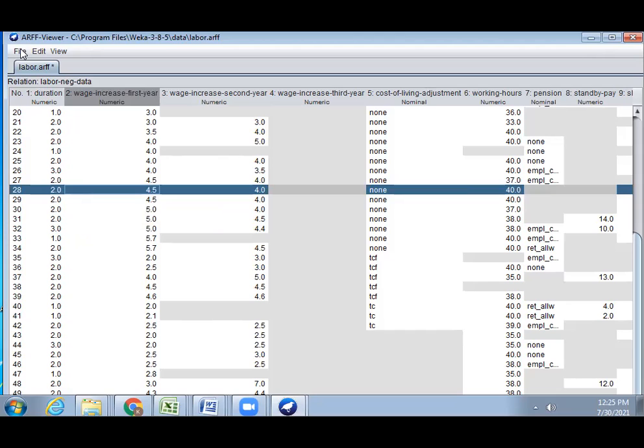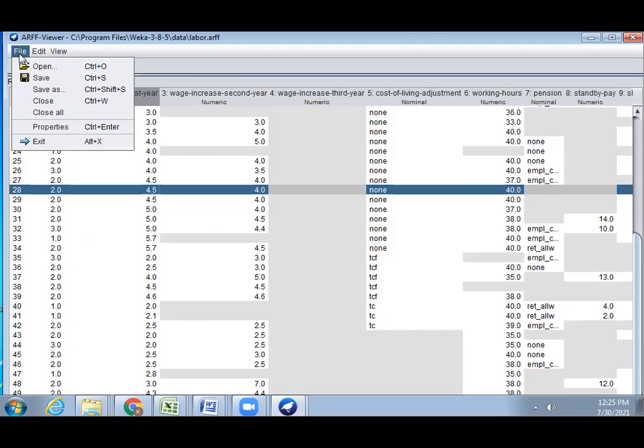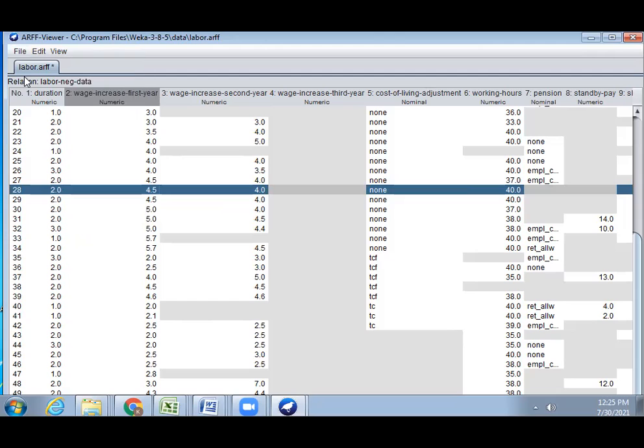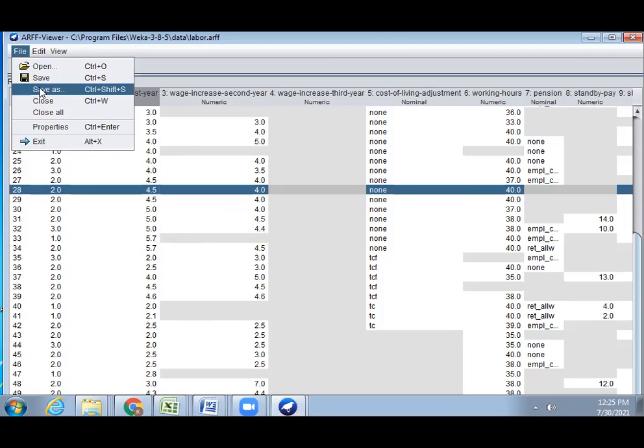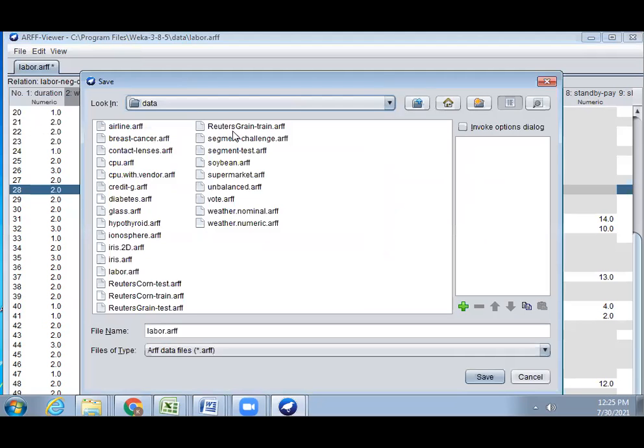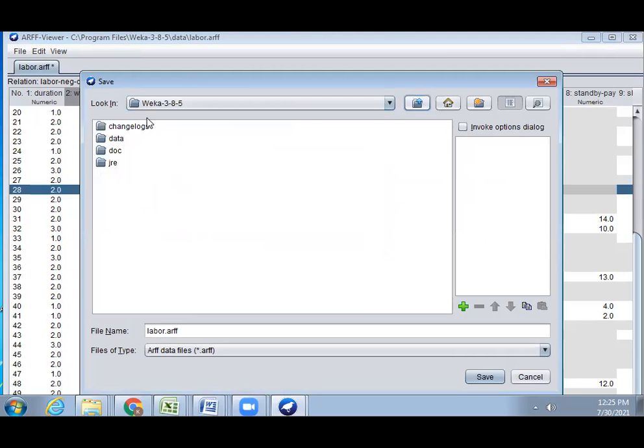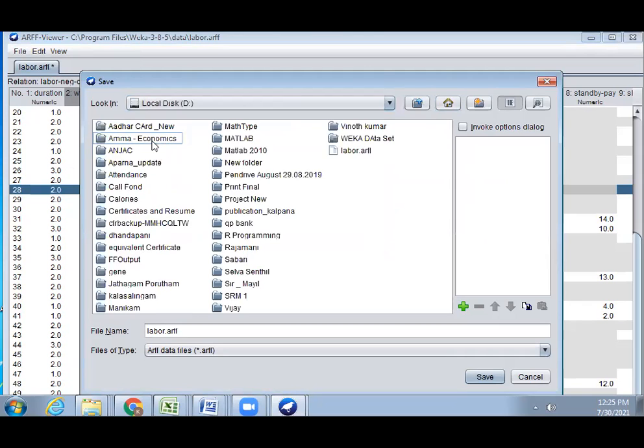pre-processing work. So we have to save this data onto the local disk. Save as, then we have to find our local disk, wherever you want, from My Computer.